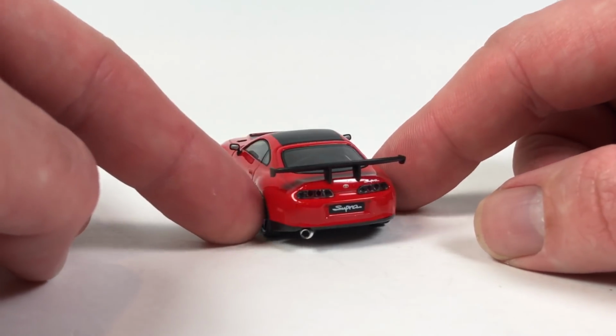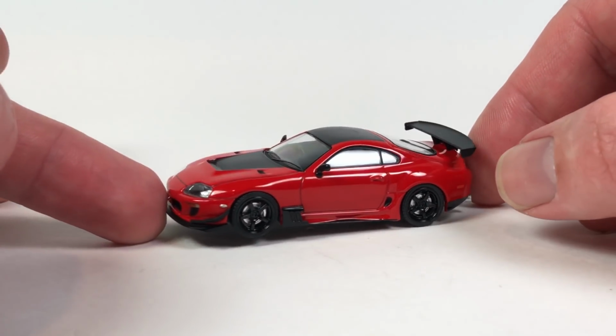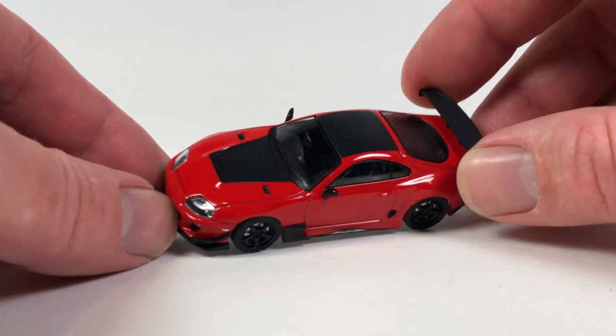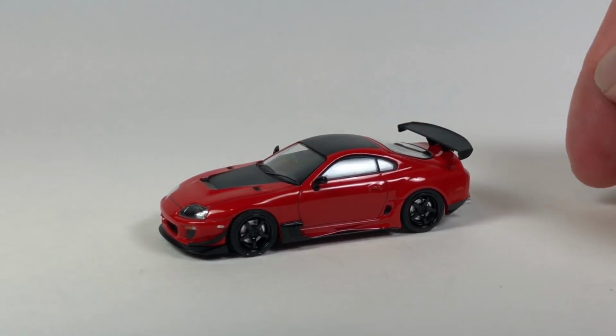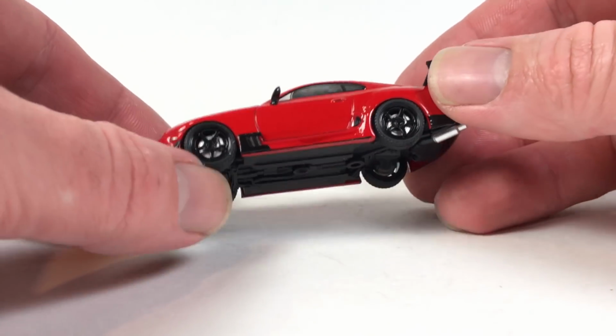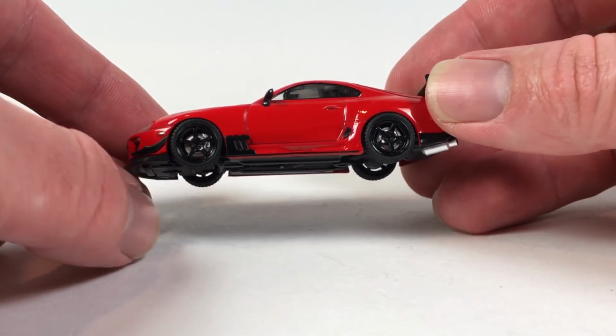That's not really what they're after here with the Ignition Model. A lot of these companies make stuff that just doesn't roll, and I think people have kind of warmed up to that and not really cared about it. The more of them you add to your collection, you stop kind of caring. And I get it,